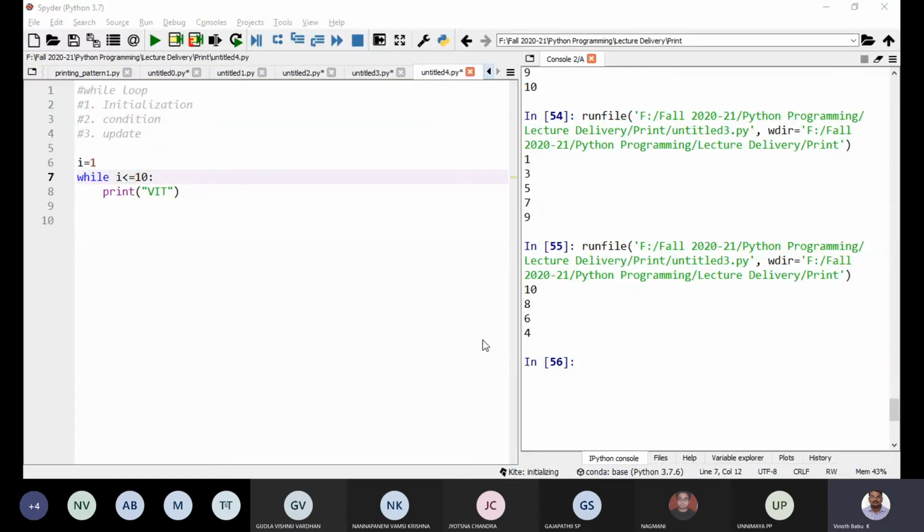Until the condition is true, it is going to print VIT.